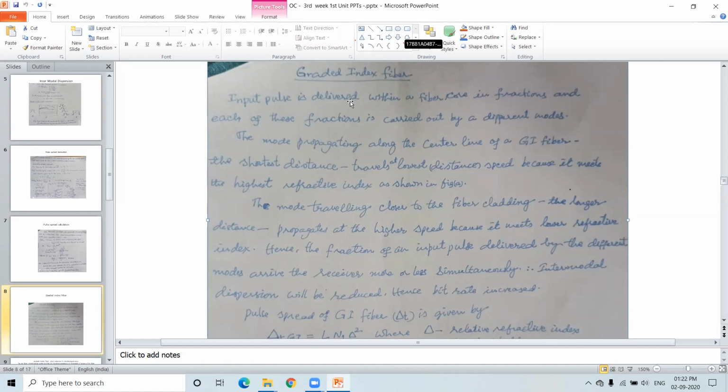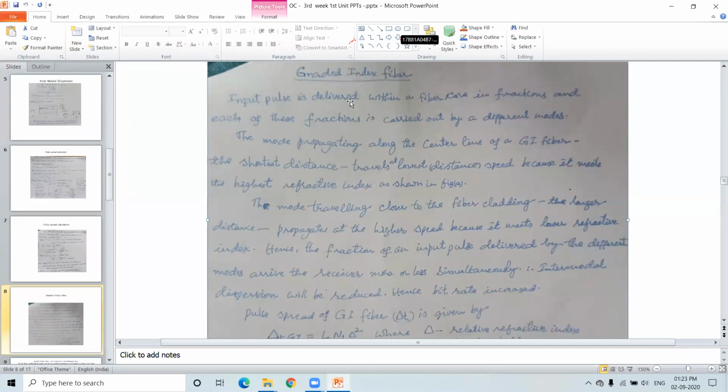Therefore, the light traveling at the critical propagation angle, in other words the critical mode of propagation, has a very low refractive index, therefore its velocity is very high. Though it travels a longer distance at the critical propagation angle alpha c, it has more velocity, therefore they reach more or less simultaneously. This is what is happening. Without the diagrams, I have given the whole explanation. Now, by looking at the diagram, you can easily understand.